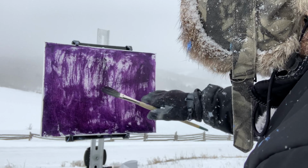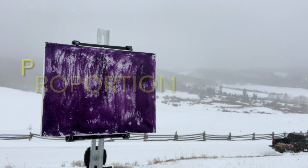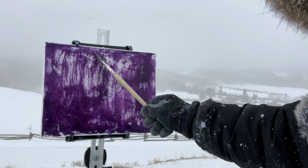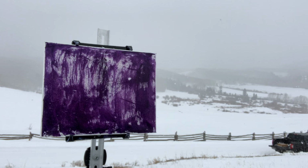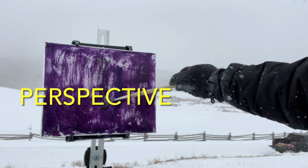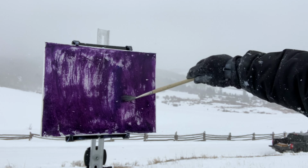Everything has a perimeter in the painting where it should go, with room for artistic license, of course. Proportion. Everything should be sized accordingly. So I don't want to make the barn half the size of the painting, unless that's what I'm trying to do. And perspective. Anytime you have a chance to show perspective in your painting, be it with barn lines or